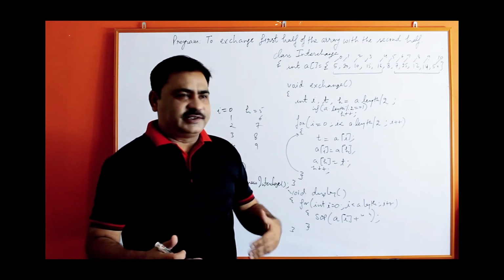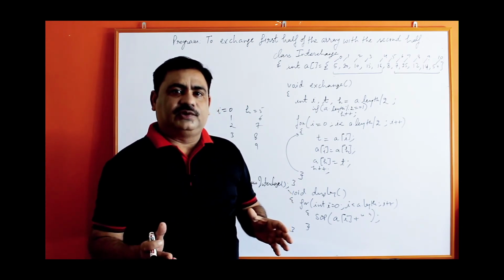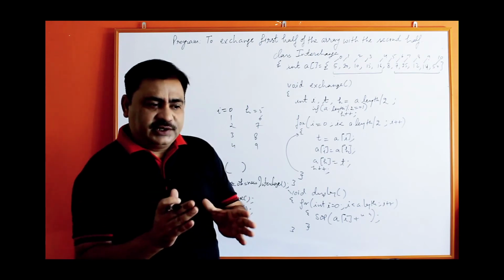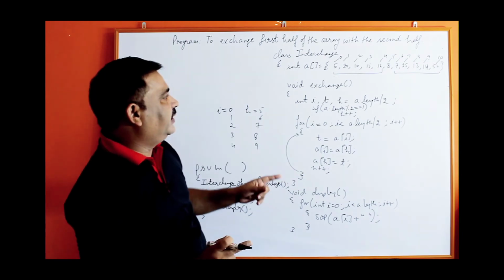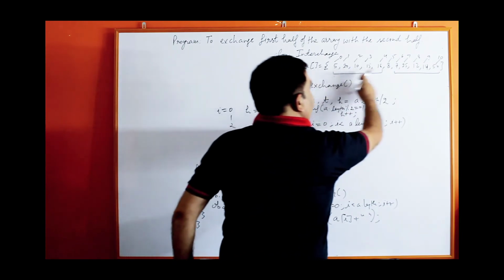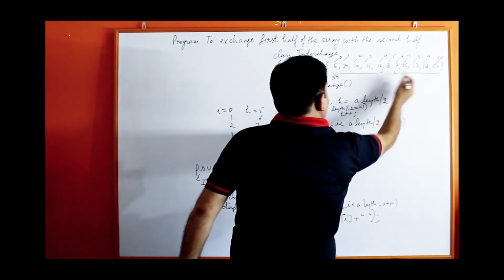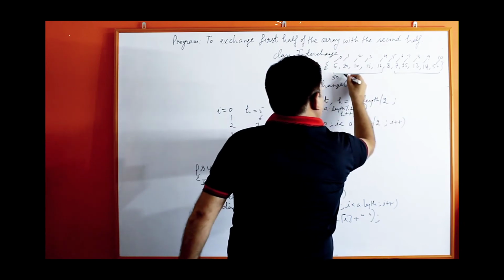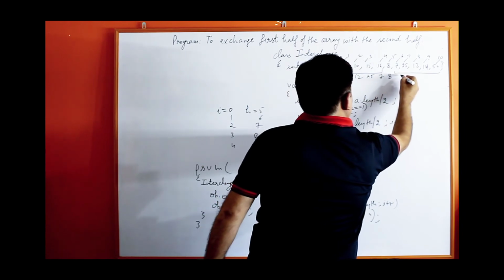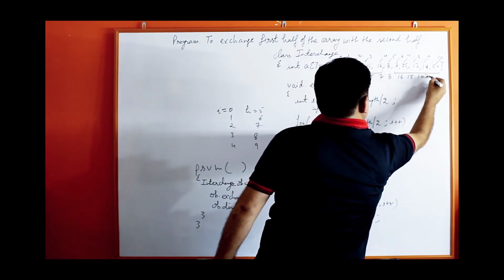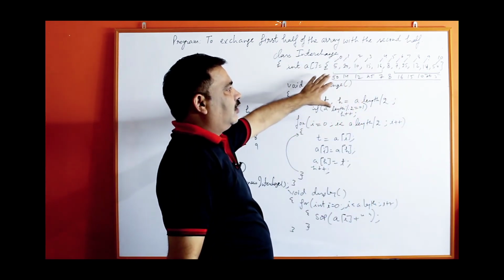Let us continue with the second program: to reverse the values of the array within the array. Reverse means you have to reverse the order of the values, not the value itself. Reverse the order. Order means the array contains this number of values. So reverse means 50 you have to bring here, and then 14 here, 12, 25, 7, 8, 16, 15, 10, 20 and 5. The output should be like this. You have to reverse the order of the values.